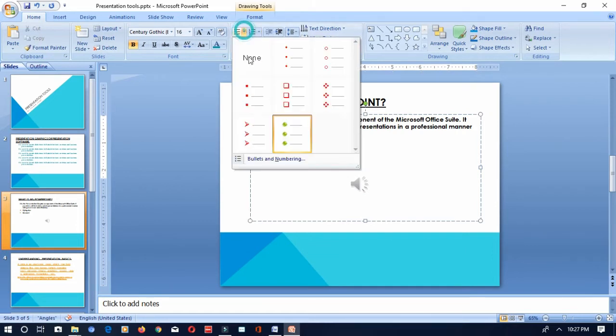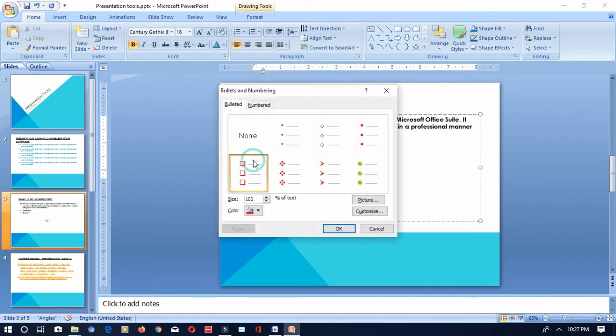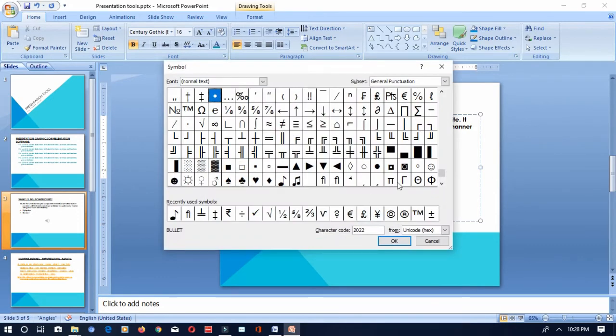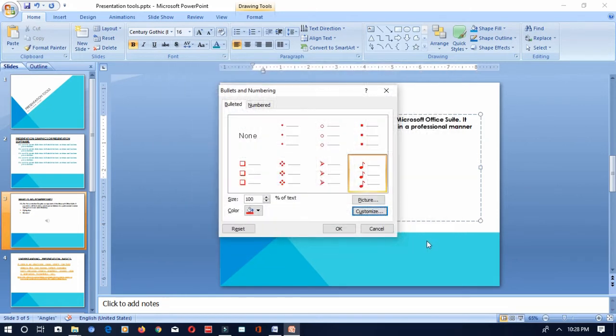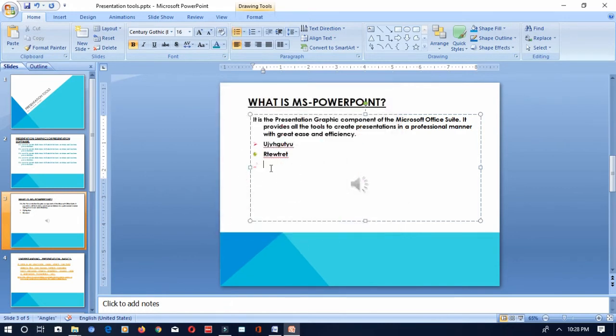Then if you want to customize your bullets, that is also possible. So you can go to this customize button. See, any of the symbols can be selected from here. That can be used as the bullets. Click on the symbol and say OK. So that will be available here, and you can click on OK and it will be reset over here. Okay, can you see the bullets? Next is